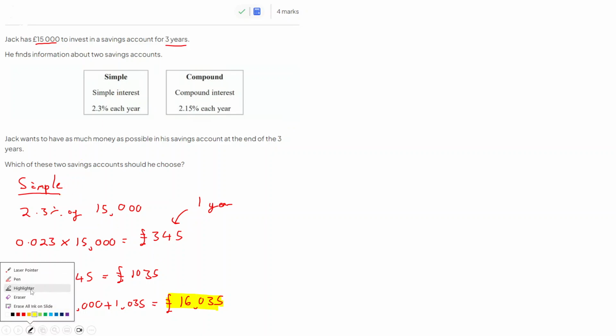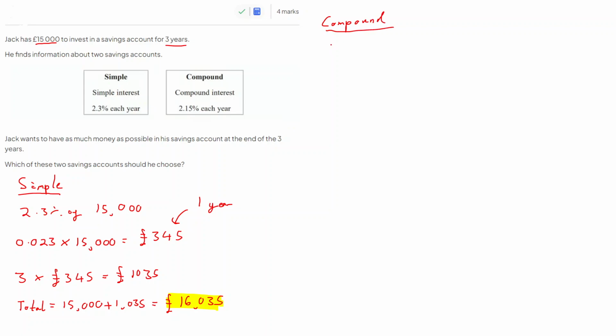Now we've got to compare it with the compound interest. So let's do the compound interest up here and see how much we get after 3 years. Remember, compound interest is your initial amount, which is just that £15,000, times your multiplier, which we'll look at in a second, raised to the power of time, which is 3 years. Be a little bit careful. The multiplier is going to be 1 point something. To show the working, 2.15% is per 100, so divide it by 100, and that is equal to